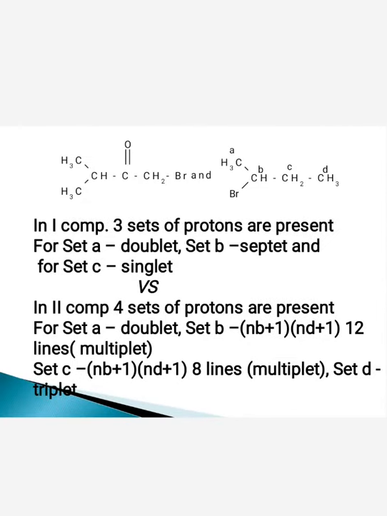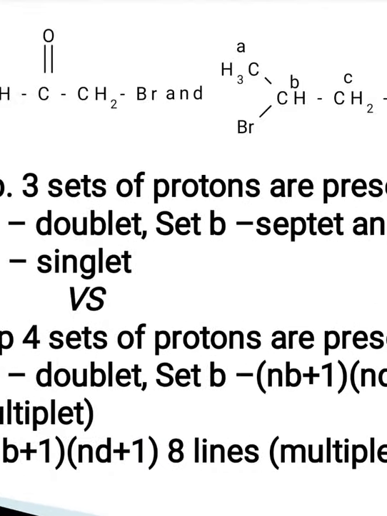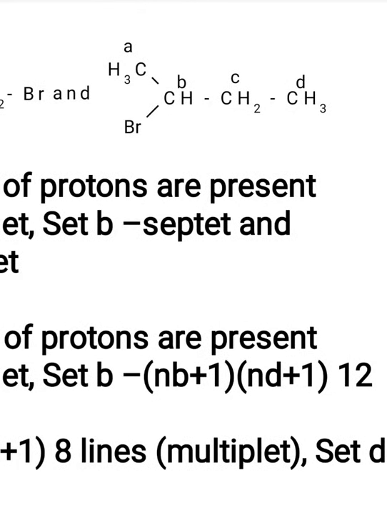Now see the number of lines for each set. In compound 1, set A gives a doublet, set B gives a septet, and set C gives a singlet. In compound 2, that is in 2-bromobutane, set A gives a doublet on the NMR scale, set B gives 12 lines. How does B give 12 lines? Set B equals (Nb plus 1) into (Nd plus 1). The total number of Nb protons are,